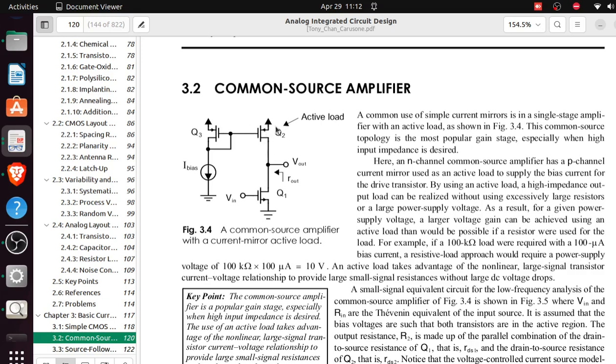So this is a current source here as a transistor. This other part of the current mirror helps to provide bias for this. So this structure together, Q3 and Q2 together, are called the current mirror. Their purpose here is to give bias to this guy Q1, and by giving bias, that means they're serving as current source. So yeah, we still have the ideal current source here, but it's better than this because we